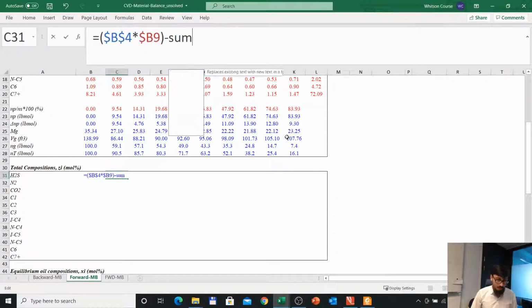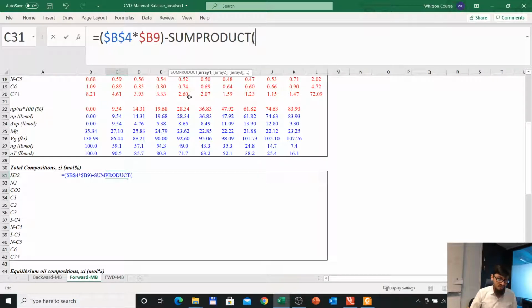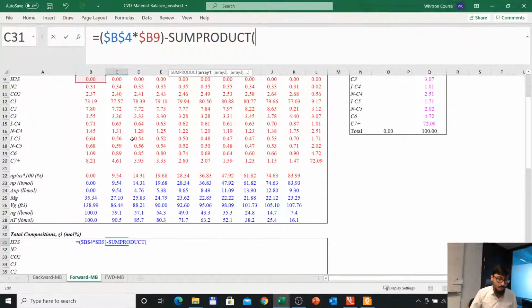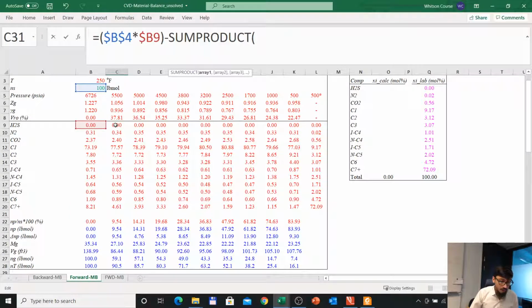So that's the sum product of Yi times, here, the mole fraction of a given component